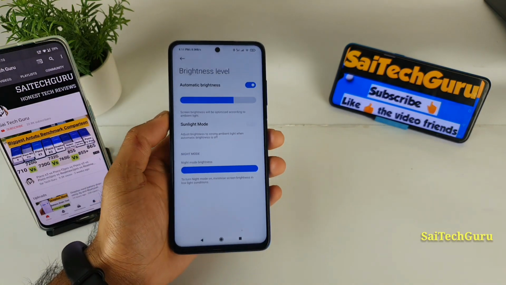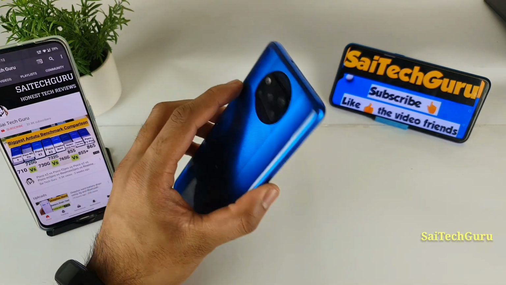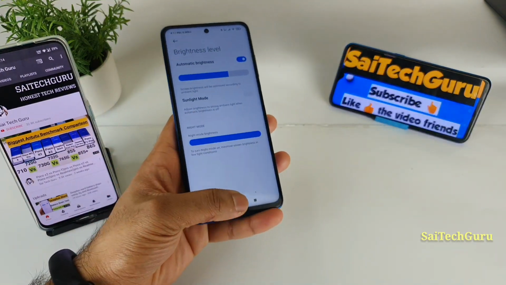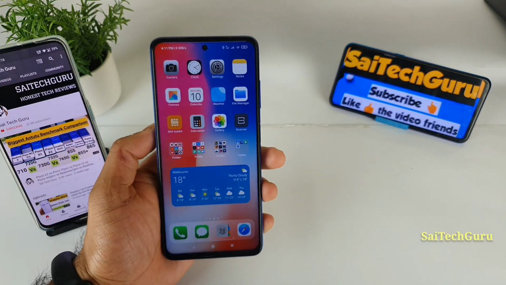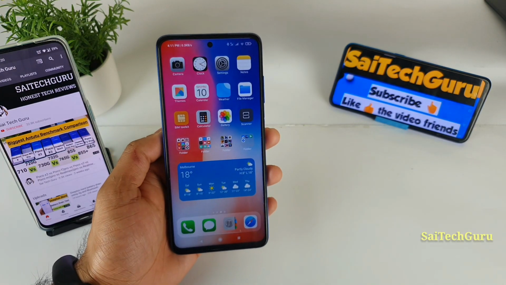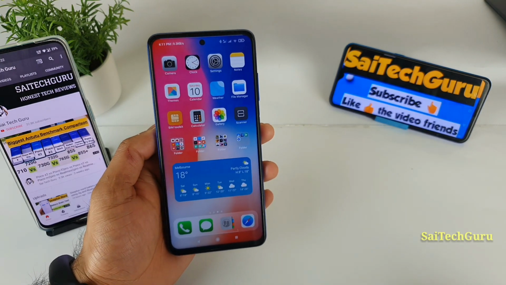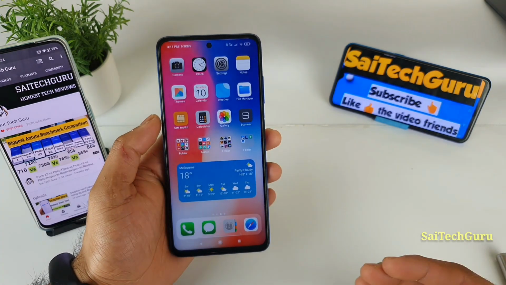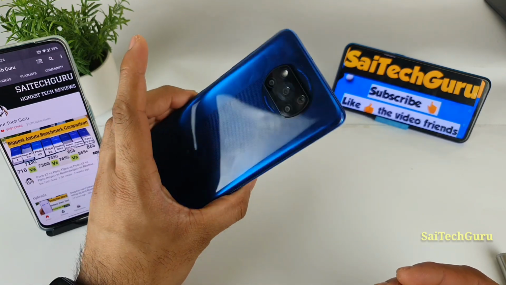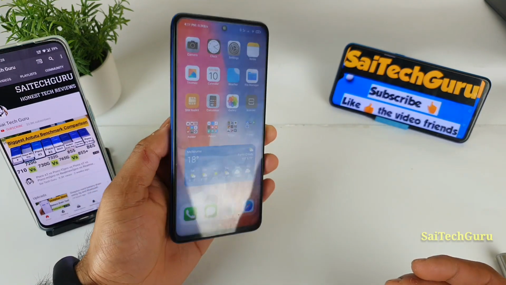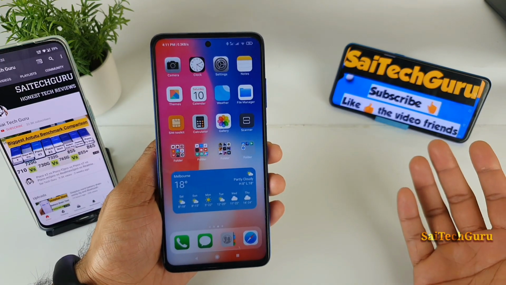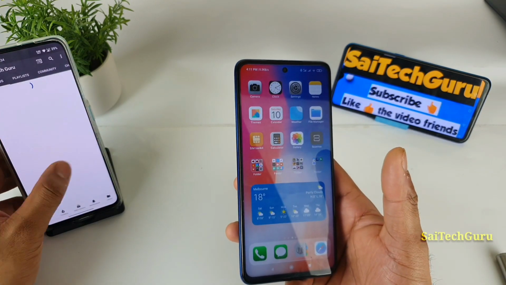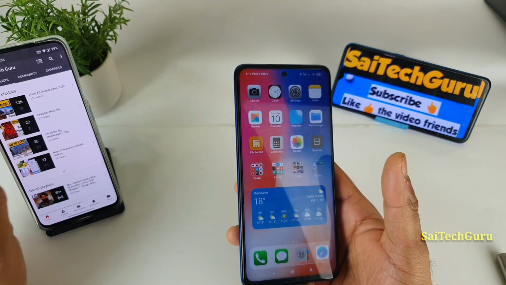As you can see here, auto brightness is working pretty good and very fine in the Poco X3 phone, without any issues, and the brightness is very good. After 90% brightness, the 100% will be a lot different, a lot brighter than normal. That's a good thing in the Poco X3 device, which is why I did a side by side brightness comparison with other smartphones as well. Try to check the links in the description about those videos about the Poco X3 smartphone.